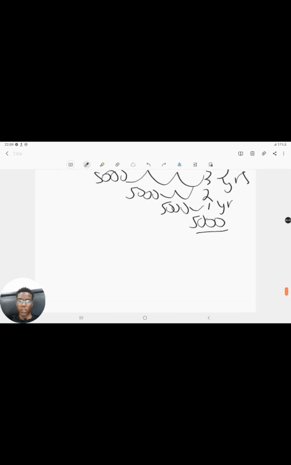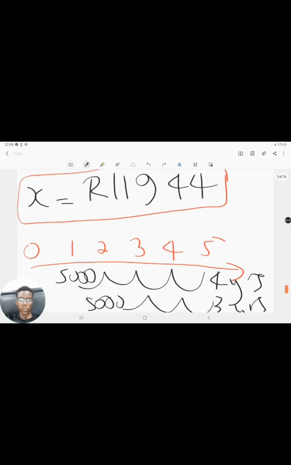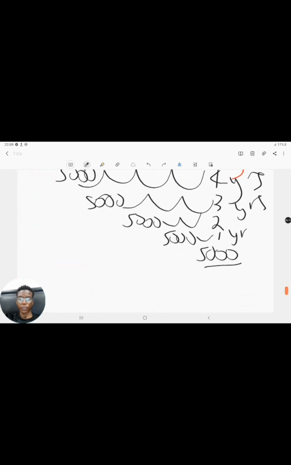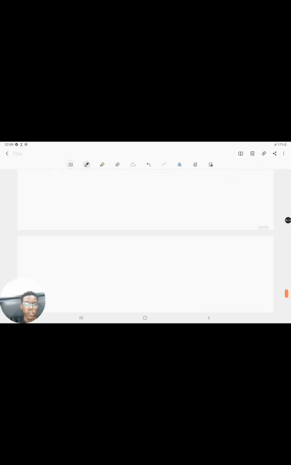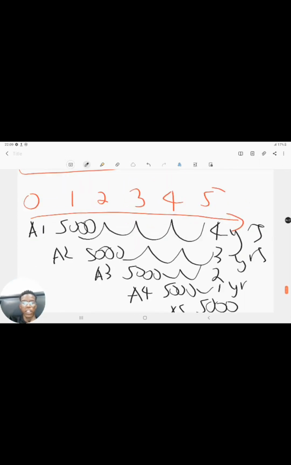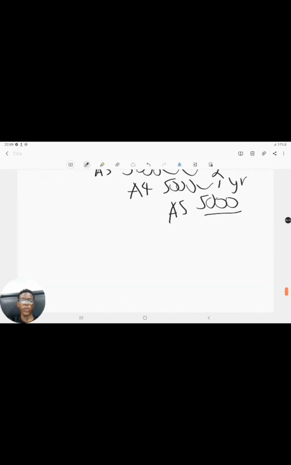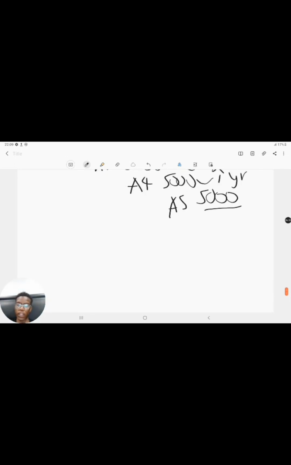Let's do that quickly. So the first one I'm going to call A1. This one I'm going to call A2. This one A3. This one A4. This one A5. So let us calculate what each of those values are so that we can take them away from the future value that we calculated. Okay, so A1 is